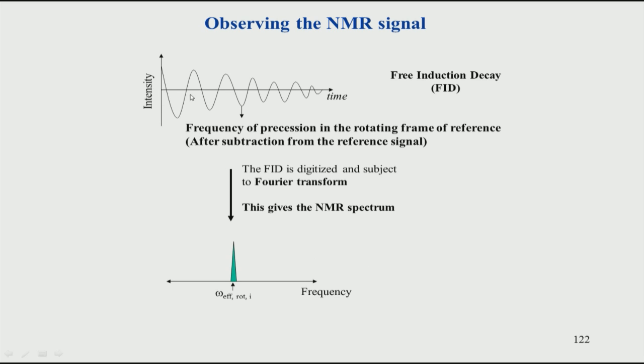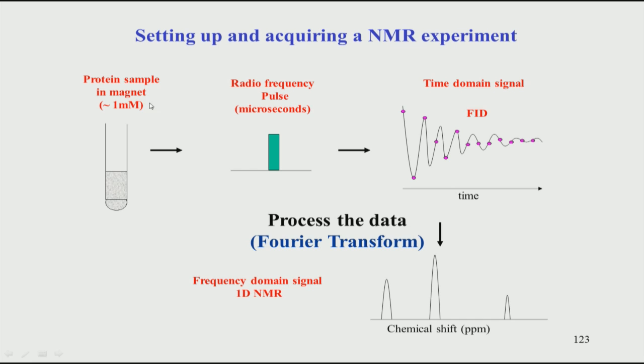Now, for this free induction decay, you can do a Fourier transform and then you get a spectrum or a peak. The oscillation is basically coming because the magnetization is rotating in the xy plane, and it is also dephasing. The dephasing part is captured by this decrease, and the oscillation is captured by this frequency here. The oscillation is coming because of chemical shift. That is what we capture by Fourier transform, we get a peak corresponding to this oscillation frequency. So, this is how the total NMR experiment is done.